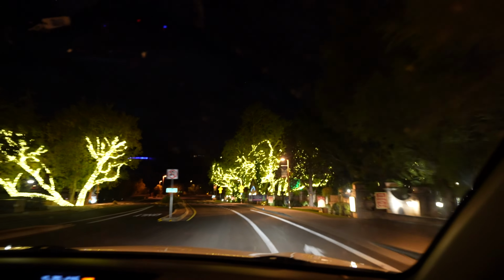Good morning. It is bright and early and barely anyone in Sedona is awake. And we're going to take you to the top of Bell Rock,